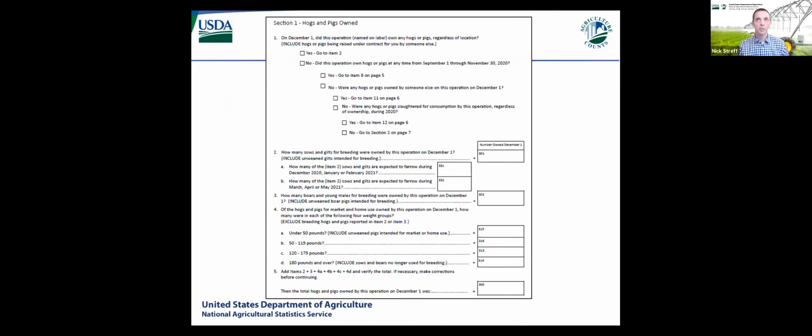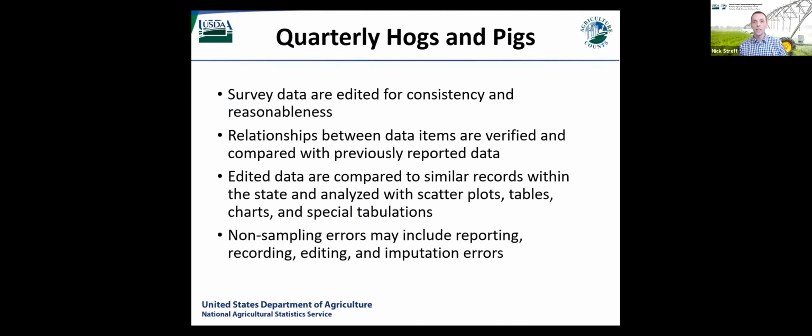So now moving on. Here's a quick picture of what the mailed report looks like. All the questions are the same, whether you're doing it online, over the phone, or through the mail. It's all the same layout, the same function, and the same wording. Once we get the data collected, once we've made those phone calls or got those mail reports and done our follow-up, it comes into our office in Lincoln, if we're breaking it down to just the Northern Plains.